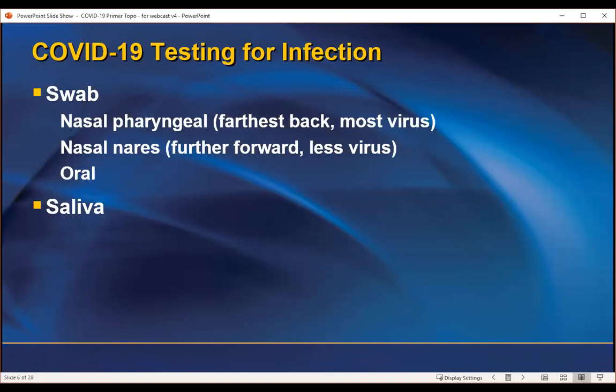So to get the best sample, you have to take a swab, and you have to put it as far back as you can in your nose, and it has to be twirled so that it actually captures as much sample as possible. The FDA has approved shorter swabs closer to the front of your nose and the oral samples. As we go from the farthest back to other sources, it's not as likely to get a good sample, and we'll talk about that in a minute. The next slide,